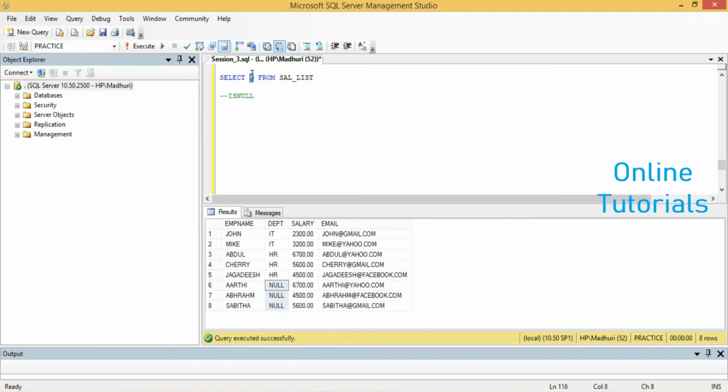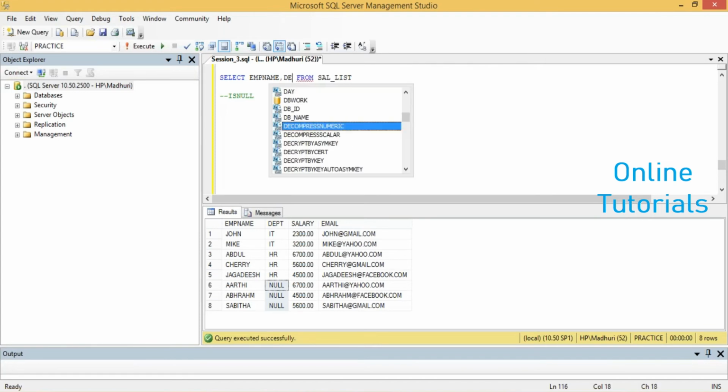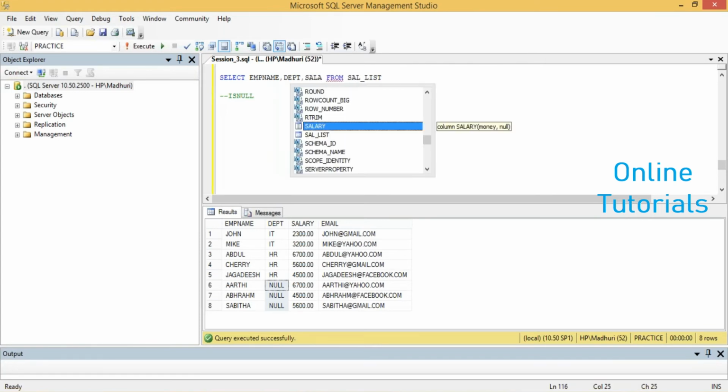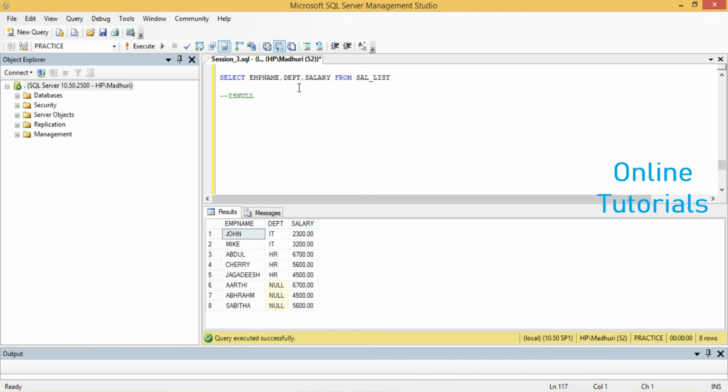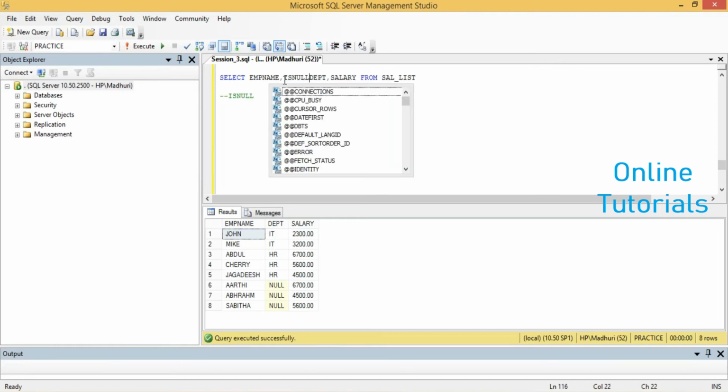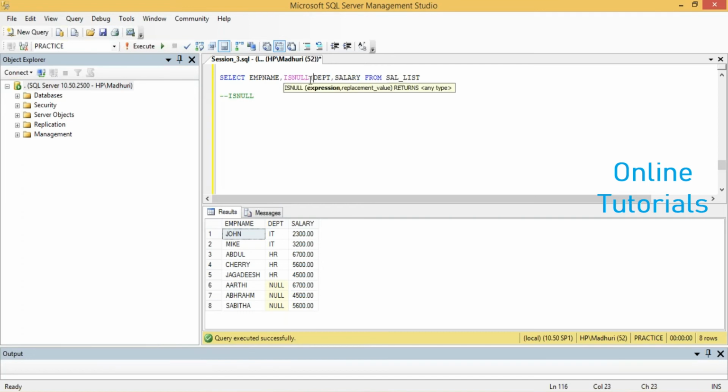Suppose I'm just using employee name, department, salary. I'm executing this and I'm getting blanks. My requirement, which they might ask you in interviews: in department, I have nulls, and I just want to replace the nulls with admin. So you can use is null, department,